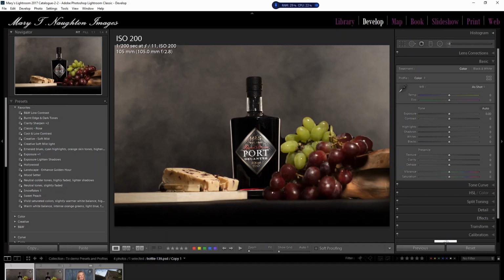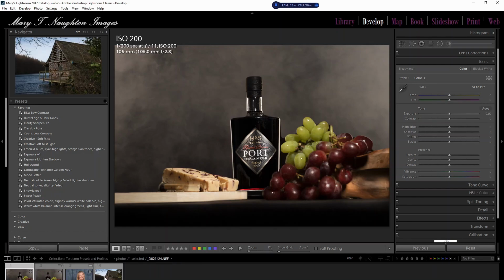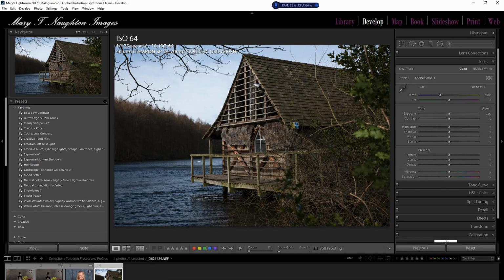So let's do a quick demonstration of a couple of presets actually being applied to an image. Say we have this image here, and we click on that, and this is raw out of the camera. Not a particularly good image. If you look at the sliders over at the right hand side, nothing has moved here, and we could just come over and apply